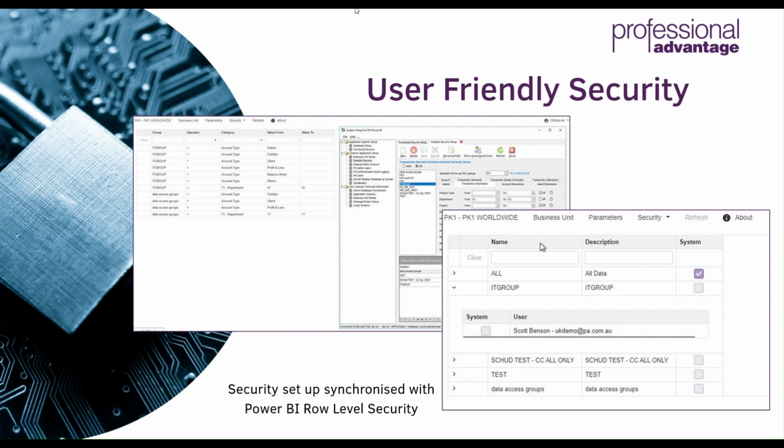To further enhance the rapid deployment of the solution, we've aimed to create a user-friendly security layout. So you may have a specific Power BI administrator in your organization that doesn't necessarily understand all the different dataset security groups that are in place to restrict users from seeing particular accounts, etc. To avoid them having to log into another application to see the configuration and understand it, we've provided them a view with that within our browser-based module,